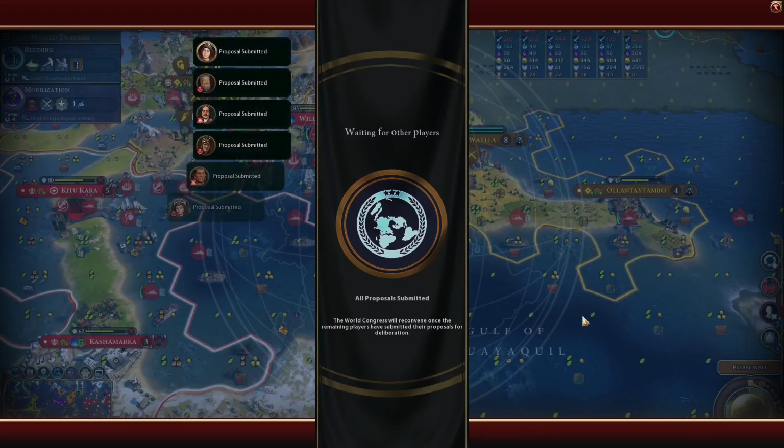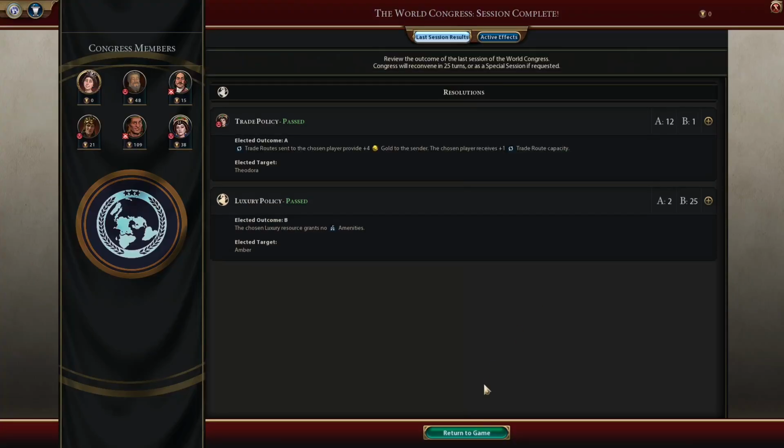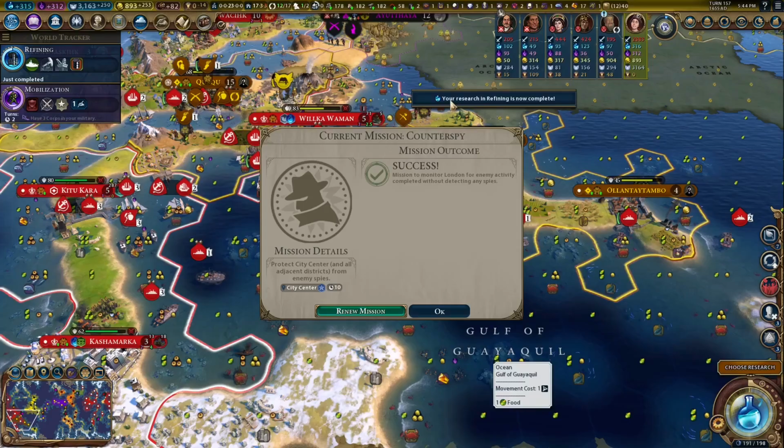We don't have any voting power. We don't have any diplo favor to vote with, and people are just gonna vote in whatever way screws us over because they'll hate us. So